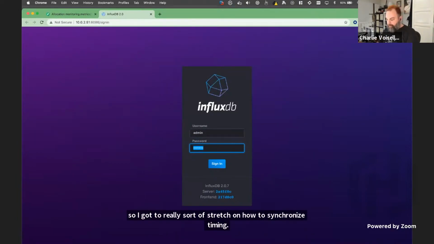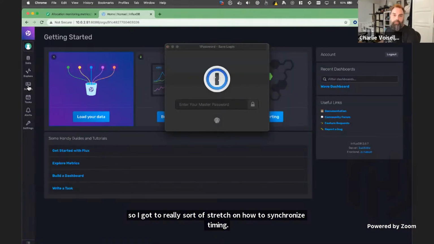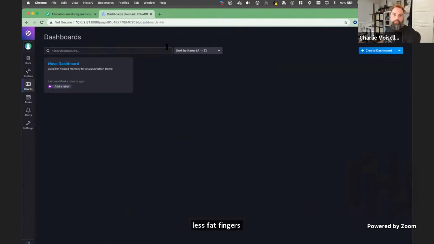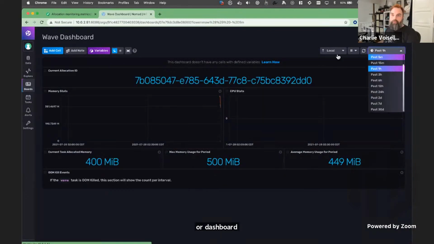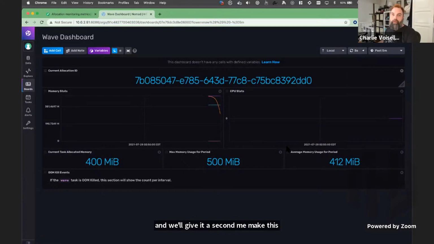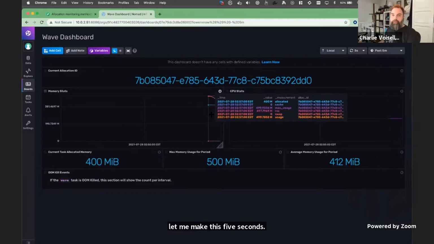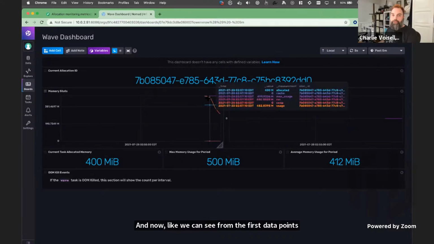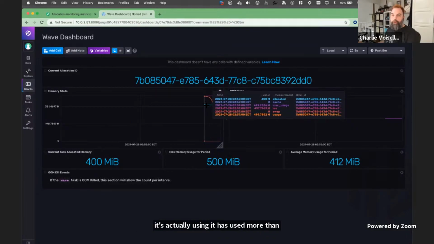Slightly less fat fingers. Dashboard. And we'll give it a second. Let me make this 5 seconds. And now we can see from the first data points that it has used more than the bare minimum resources.